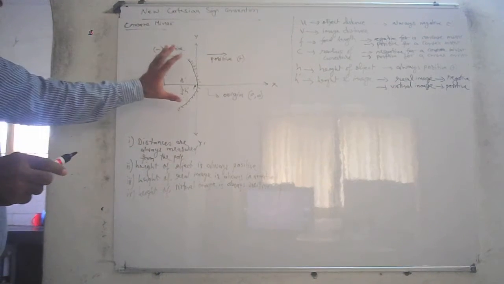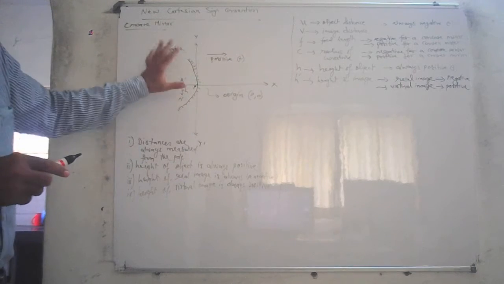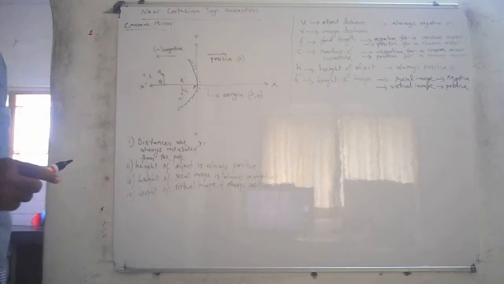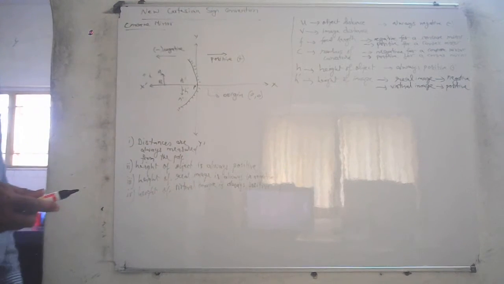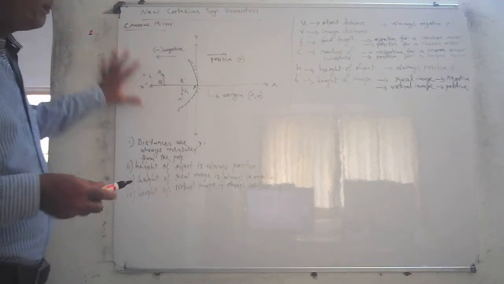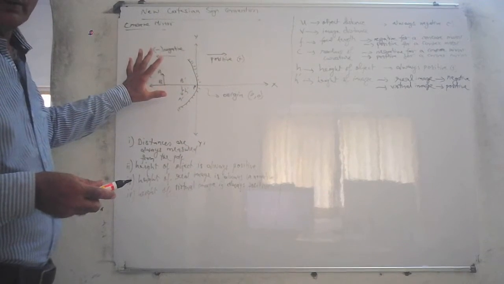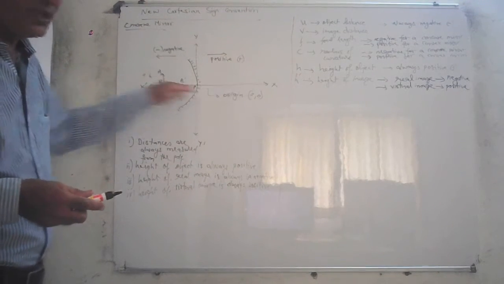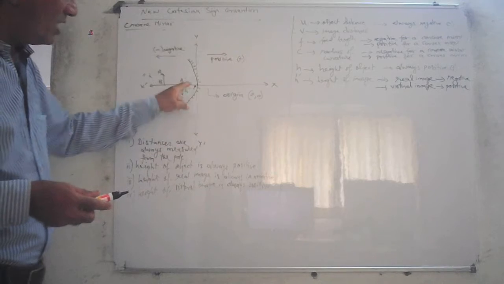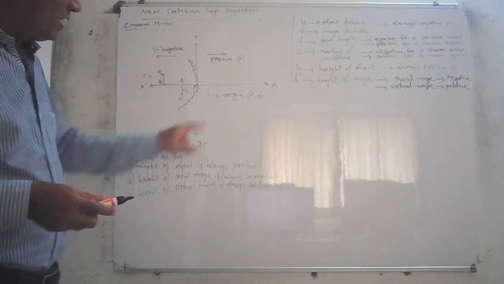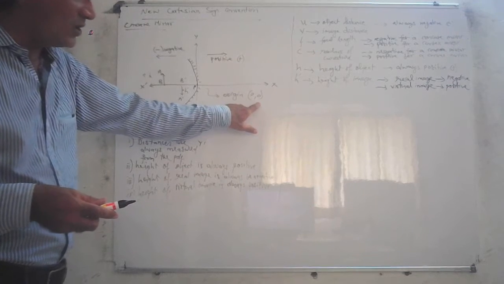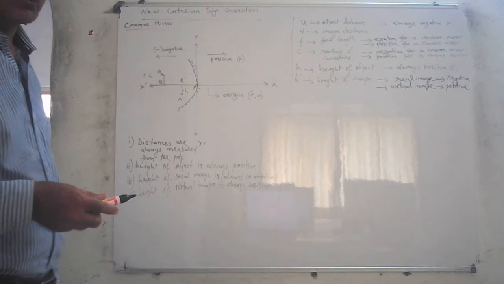So this is called the Cartesian sign convention, newly accepted in the latest physics, and that's why I call it the new Cartesian sign convention. Basically, this is a Cartesian plane, or a plane of graph paper. There are 2 axes, called Cartesian axes, the x-axis and y-axis. The origin is the point where the 2 axes meet. The coordinates of the origin are 0, 0: x is 0, y is also 0.